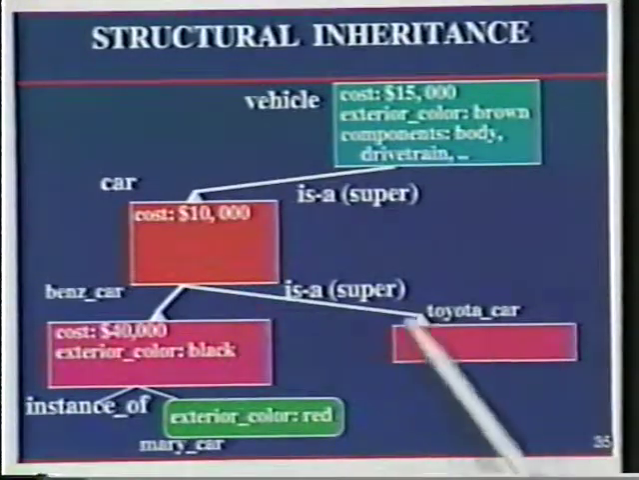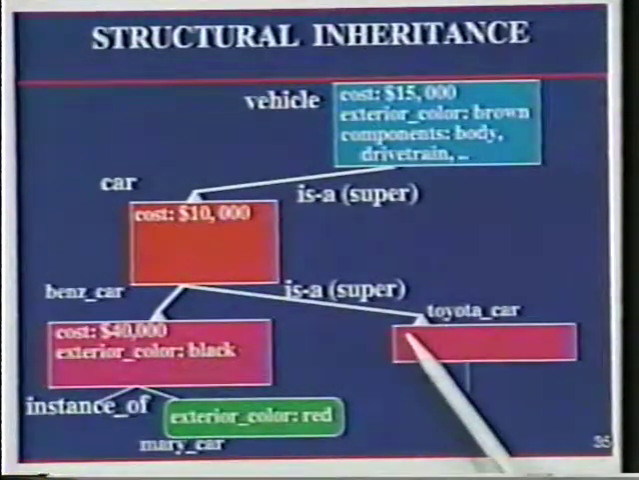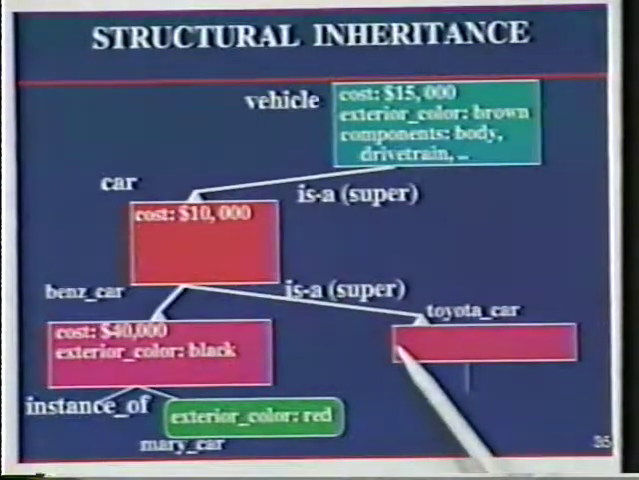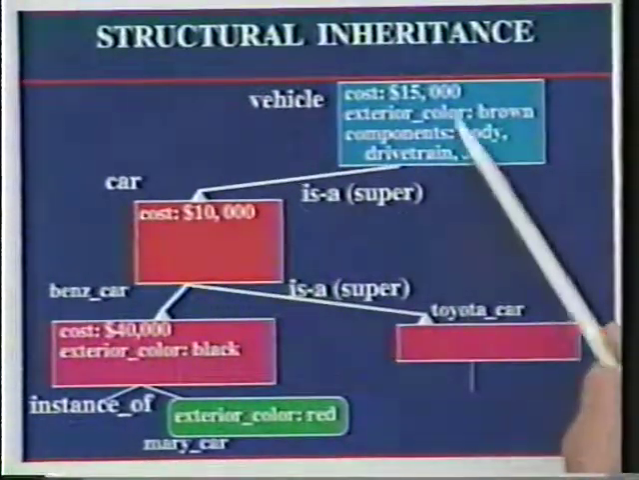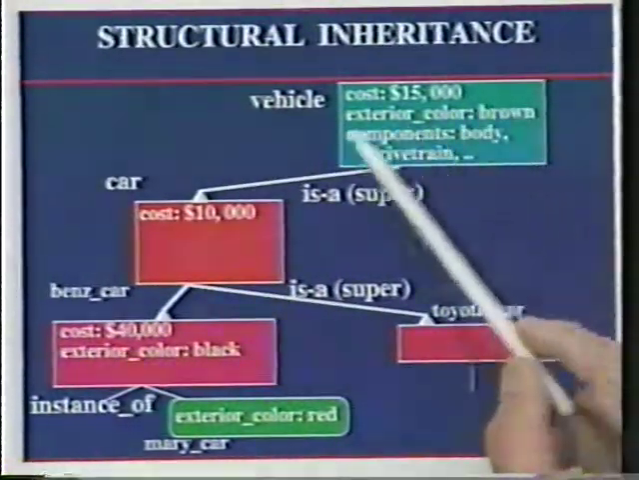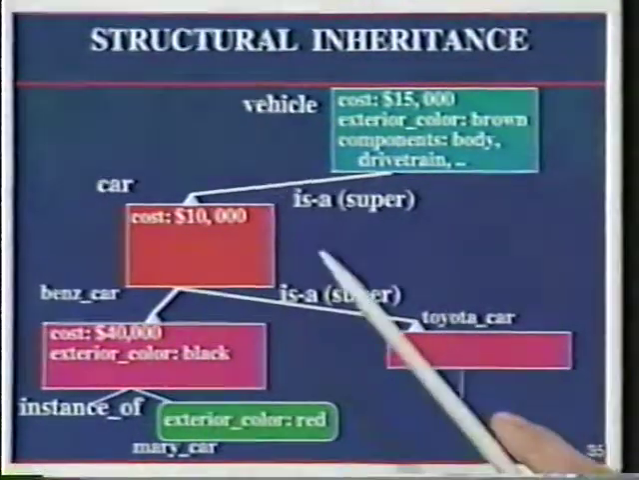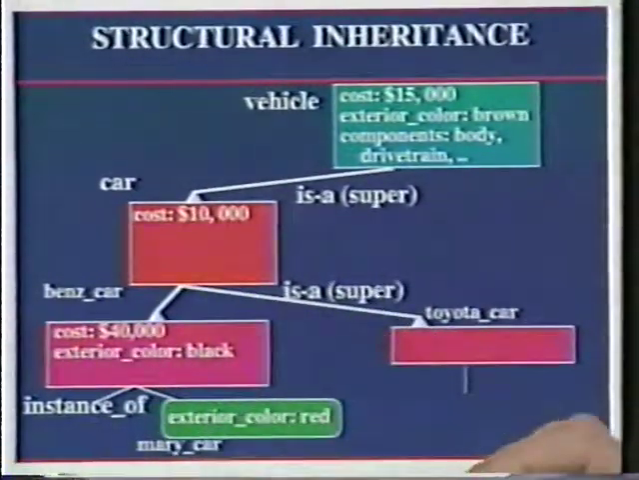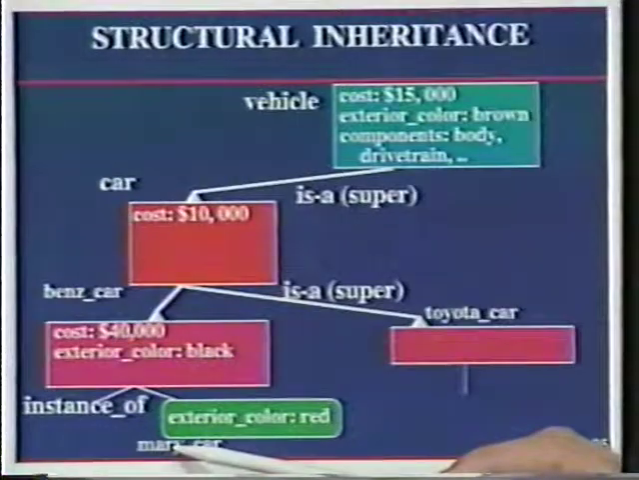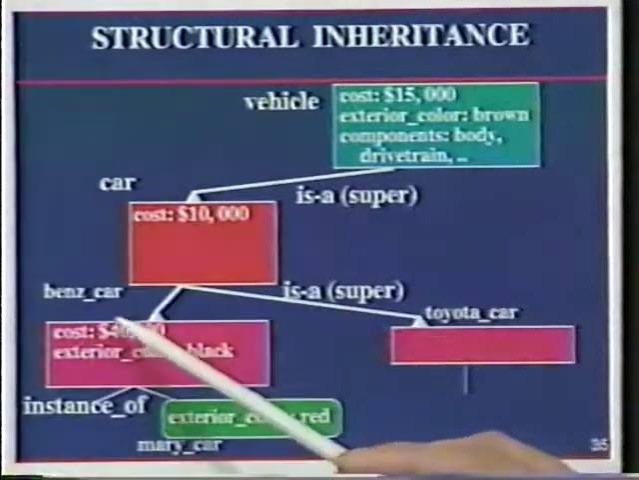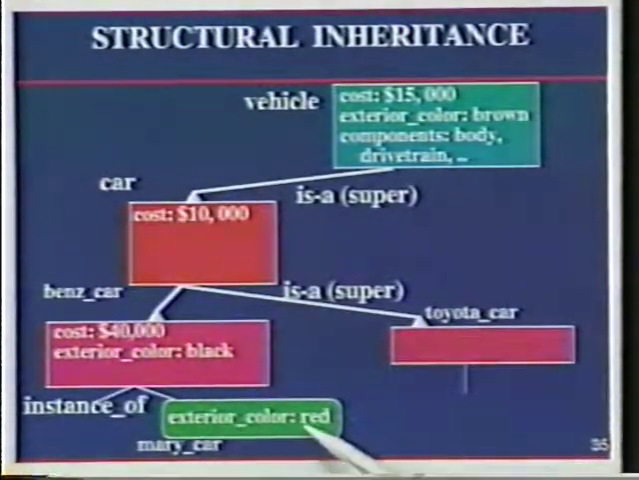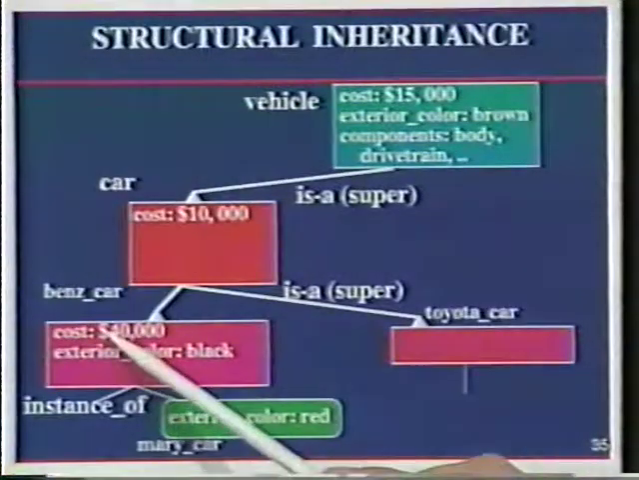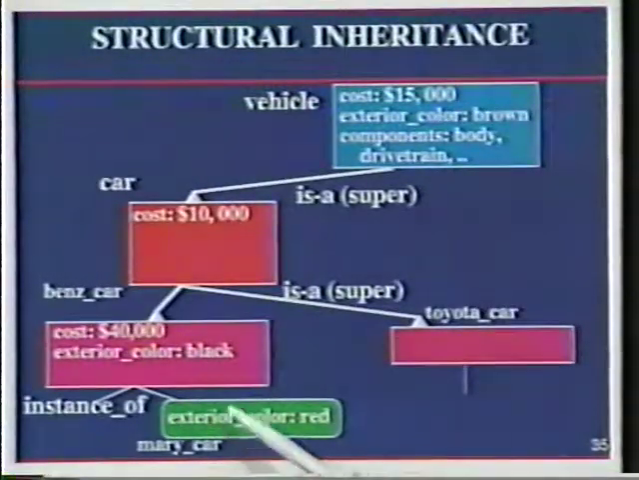However, in the Toyota car's case, if I ask the cost, I get $10,000, and if I ask the exterior color, I get the answer brown, because this brown is inherited through this link here. Now I make Mary's car, which is an instance of the BENZ car, and I only change the exterior color to red. So the cost remains the same, which is $40,000, and the exterior color is now changed